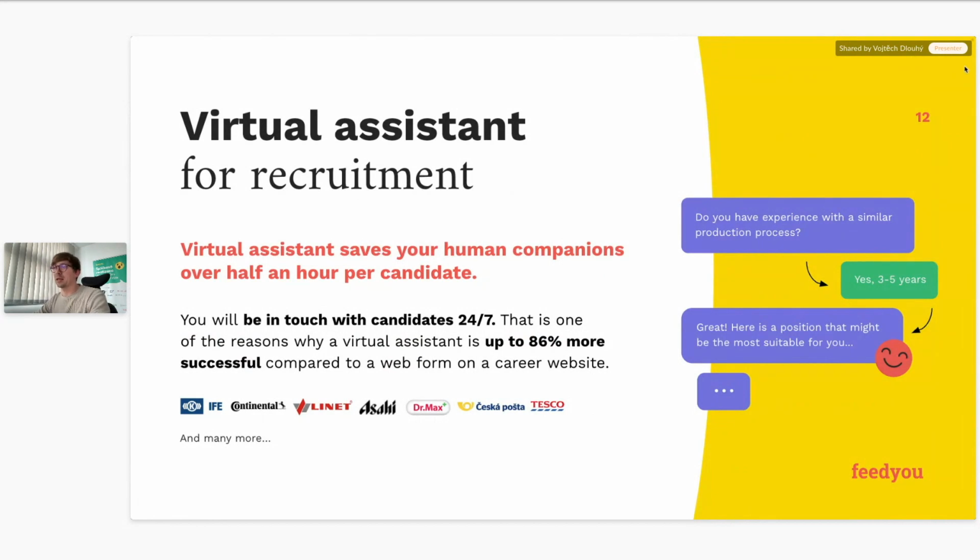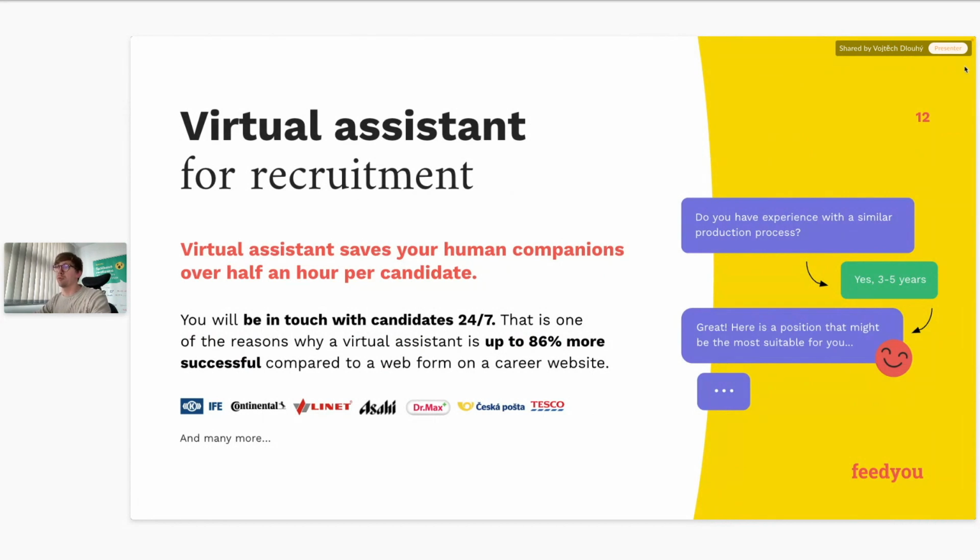And in case some of your candidates want us to help them pick the best position, we can also do this, because we can integrate your ATS system, and we see what the current open job positions are. And based on the context of the conversation, or based on conditions like education, working experience, language skills, and so on, we can recommend the best position to the candidate.